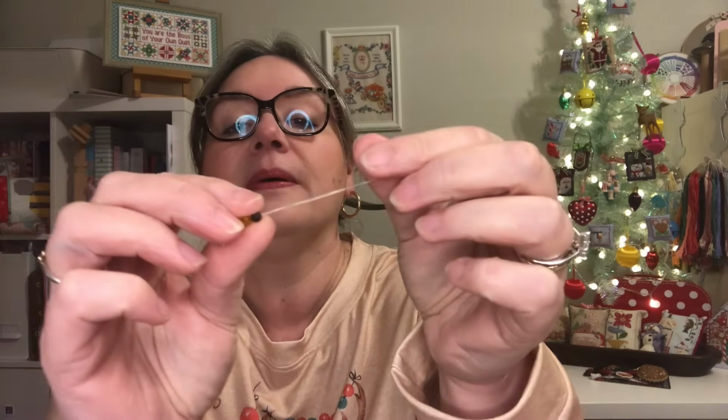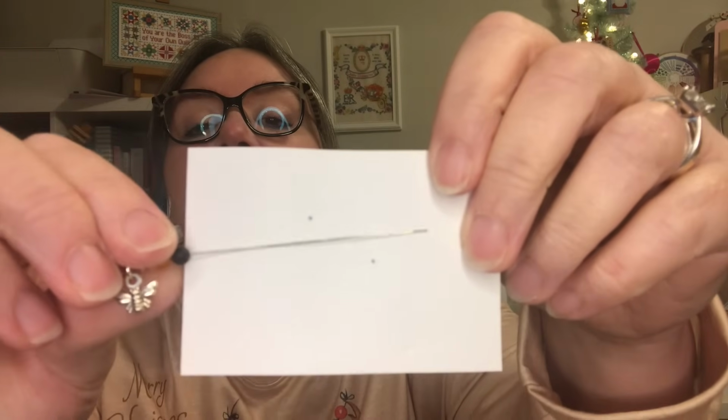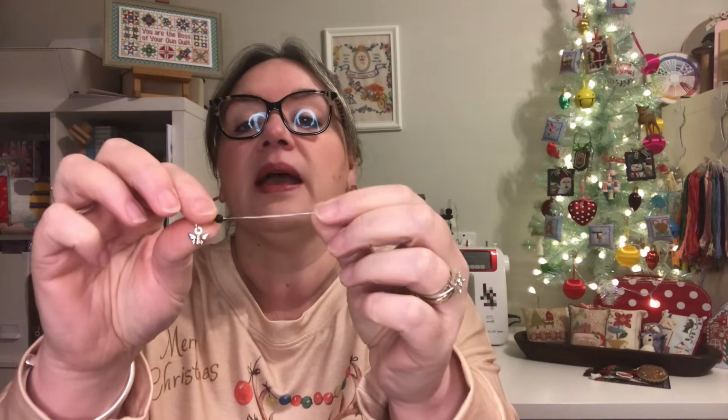Okay, so I'm not sure if the camera will pick this up or if you will be able to see, but this pin, can you see? Probably not. The pin is actually split along its length, so it's like a giant eye of a needle. It's obviously two very thin strands of wire that are held together. And it says,